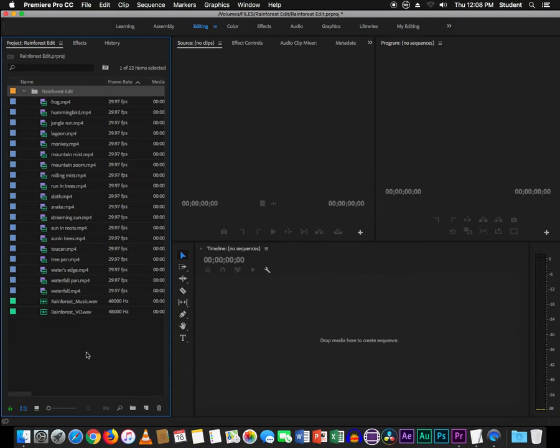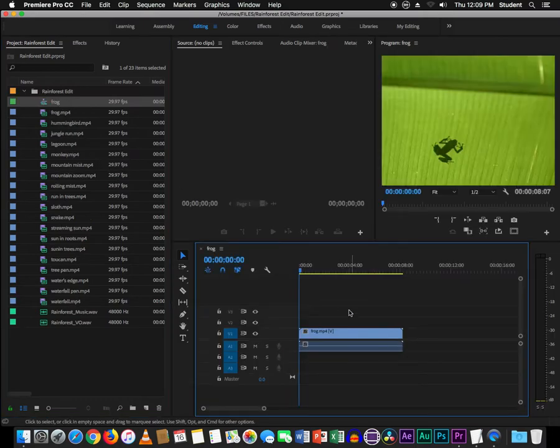see all the footage. Now it says drop media here to create a sequence. That's exactly what we're going to do. Now we're going to do it with a piece of video and not just a piece of audio. If we start it with audio, Premiere will not set itself to deal with the video correctly. So we're going to just take the first shot here, doesn't matter which one you use, and just drop it on here. And of course you can see it creates a sequence, and it makes a sequence file here that's